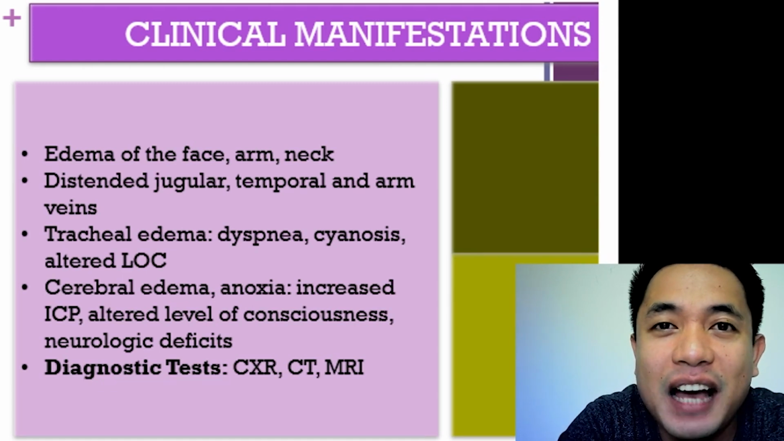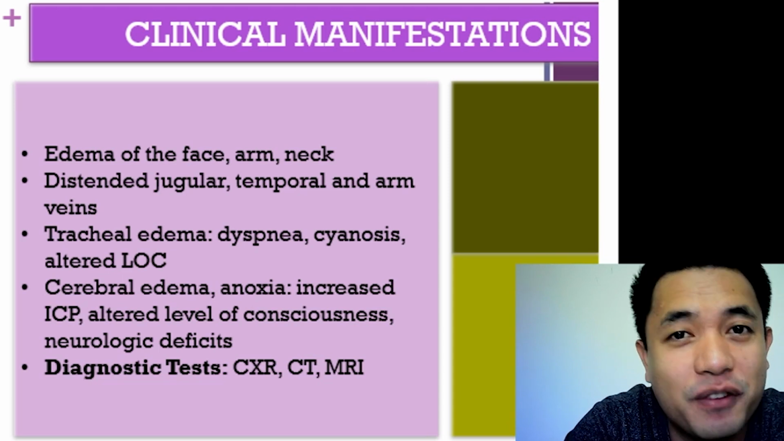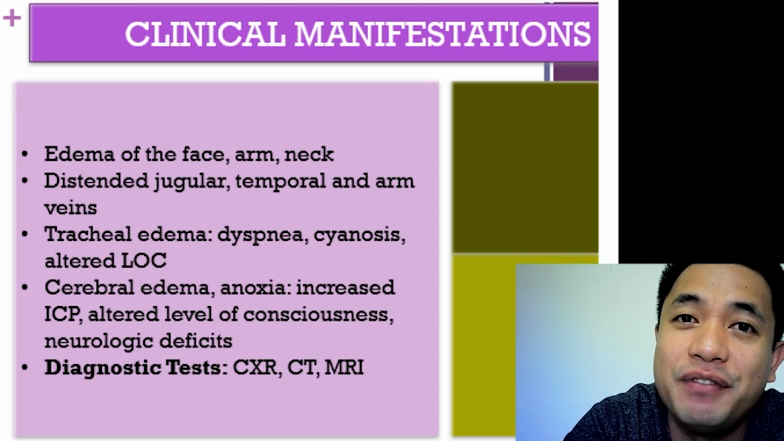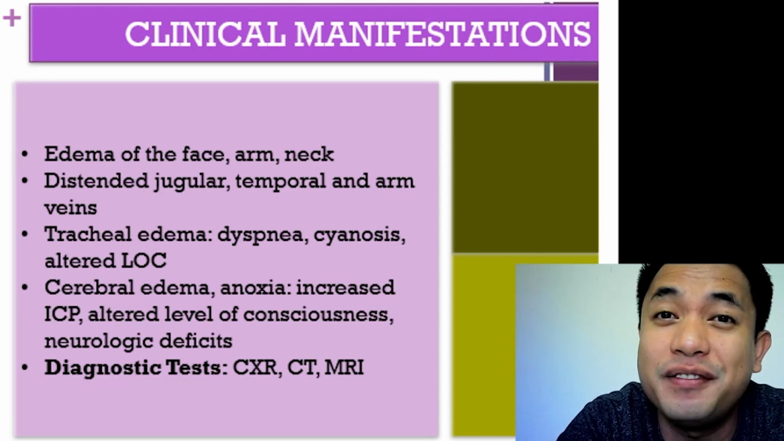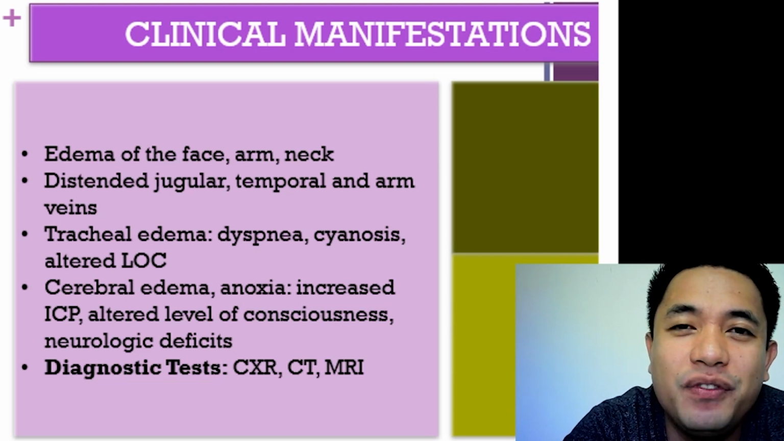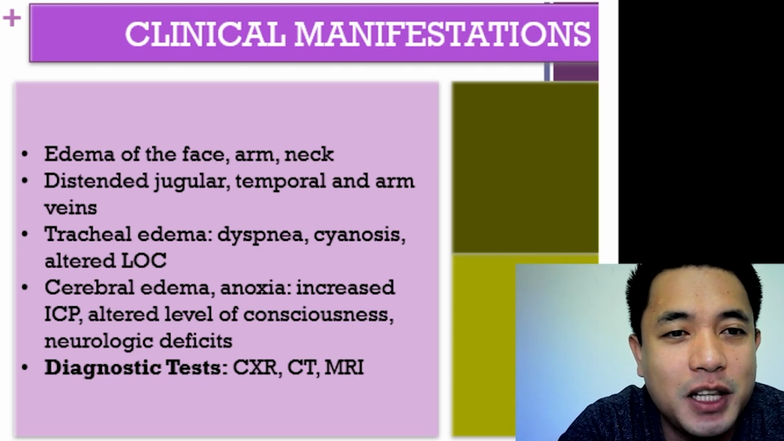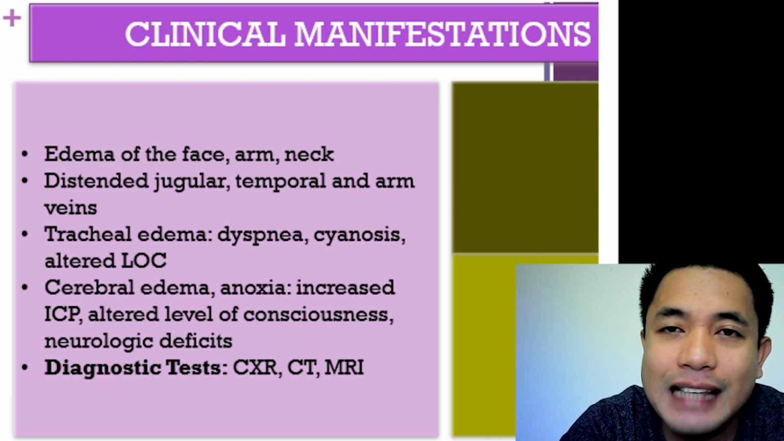suggesting that the upper half of the body has impaired venous drainage towards the superior vena cava. Similarly, the client may have distended jugular, temporal, and arm veins, suggesting again that there is a problem with venous draining of blood, and so the client may develop edema, tracheal edema, dyspnea, cyanosis, altered LOC,